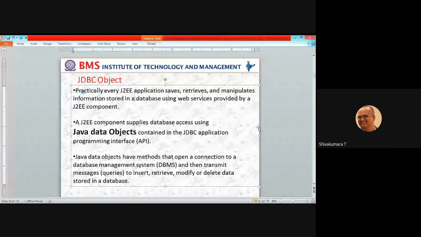If you name a few web applications, they save, retrieve, and manipulate information stored in a database. Very rarely can we find a web application that does not require a database. Very rare. 99% of web applications use the CRUD operations of the database.